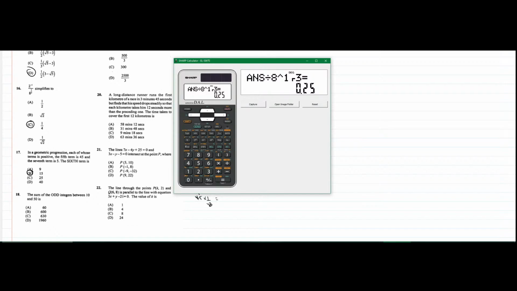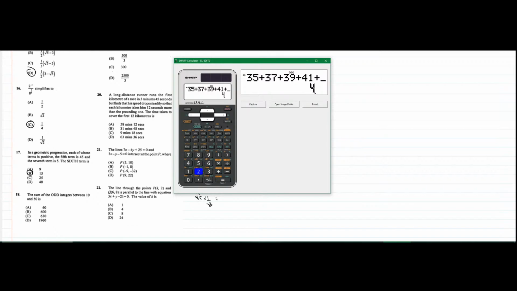I go have odd integers 11, 13, 15, 17, 19, 21, 23, 25, 27, 29, 31, 33, 35, 37, 39,